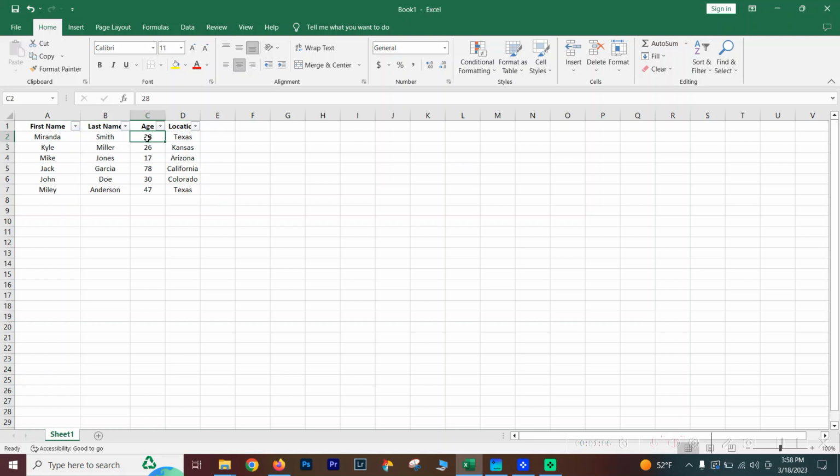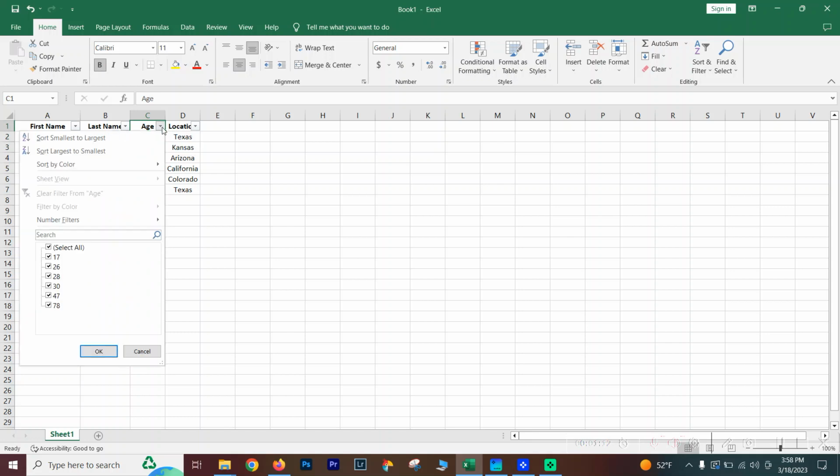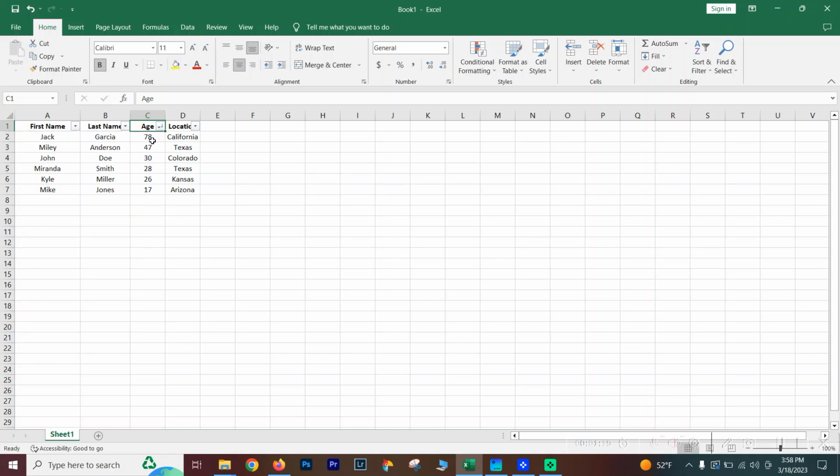Now, let's say I want to go ahead and sort by age. So we have the age icon here. We can, again, select our drop down, sort from, let's say, largest to smallest, and that will update our data